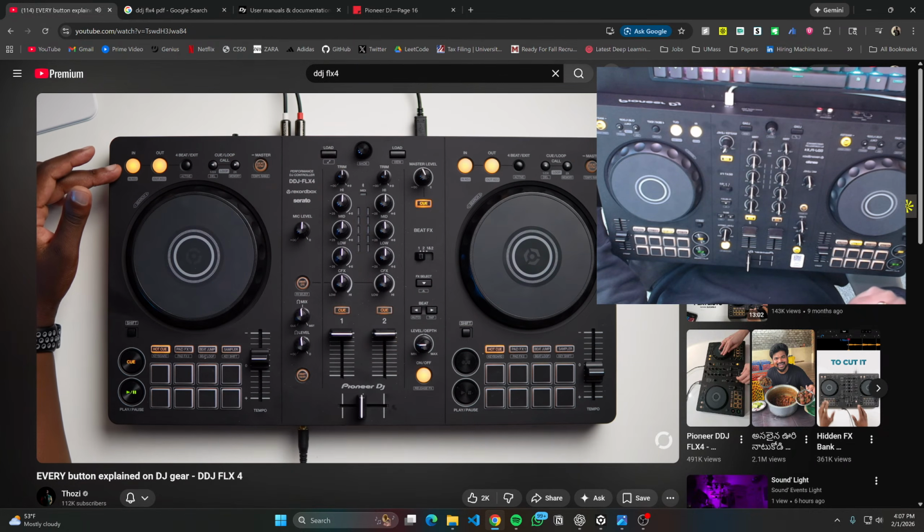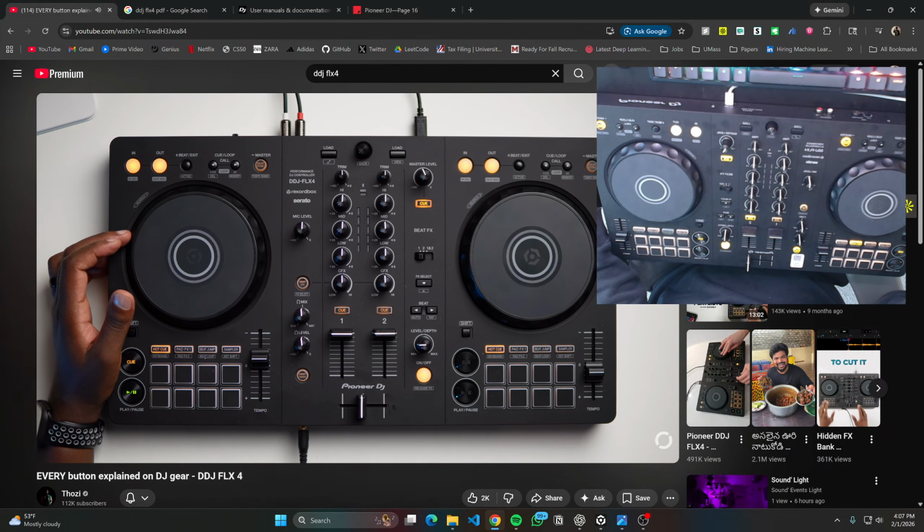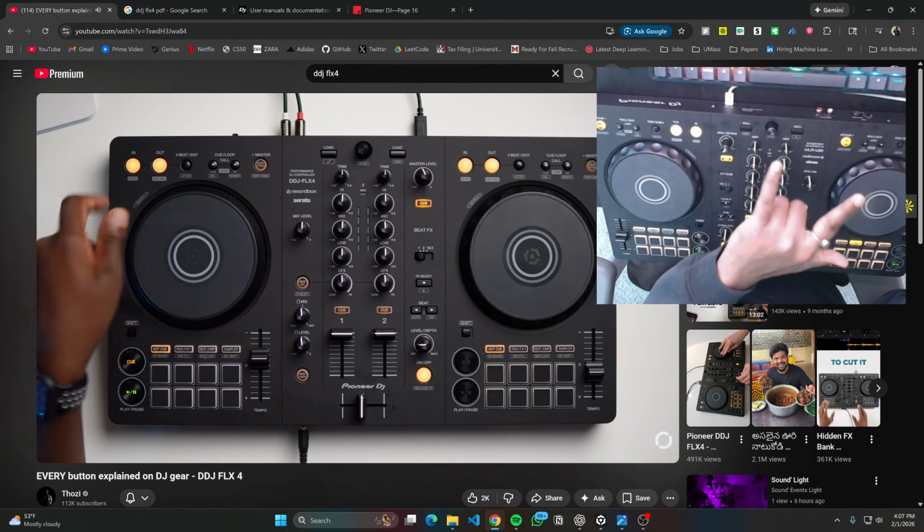And then under all of these buttons, we have what we call the jog wheel, and this is a modern representation of a vinyl disc. In many ways, it behaves just like a vinyl disc. So if you turn it anti-clockwise, the track slows down momentarily, and then once you